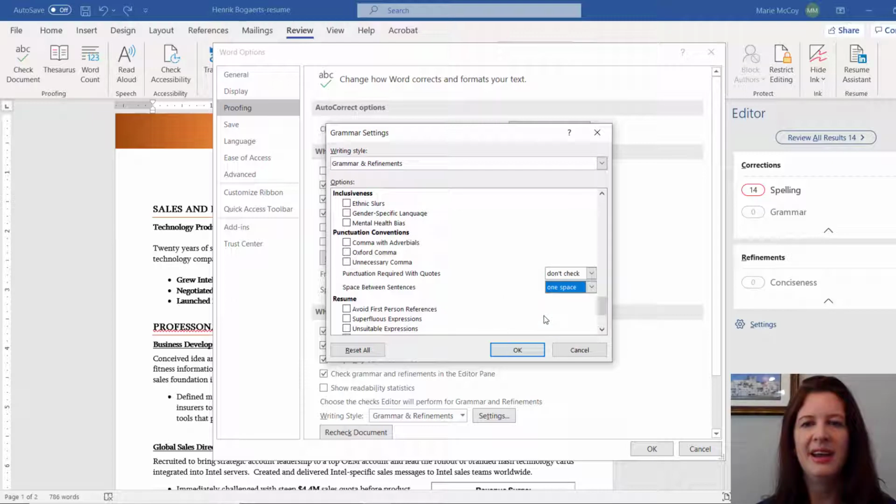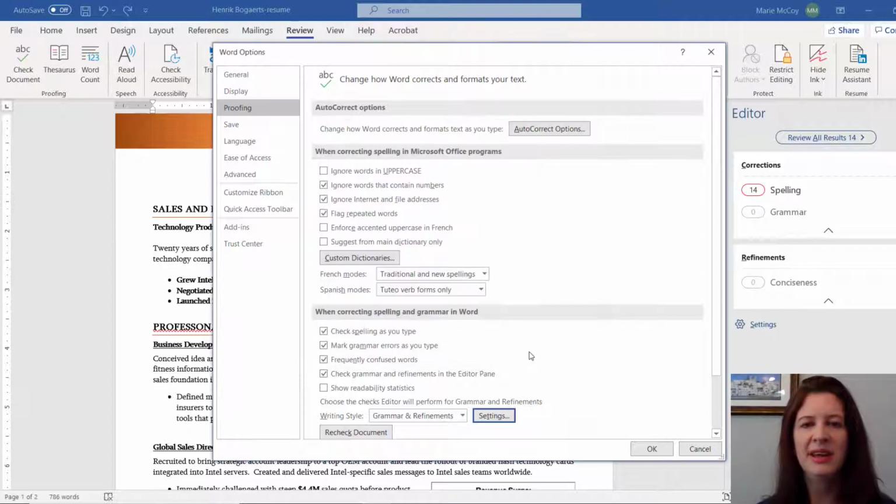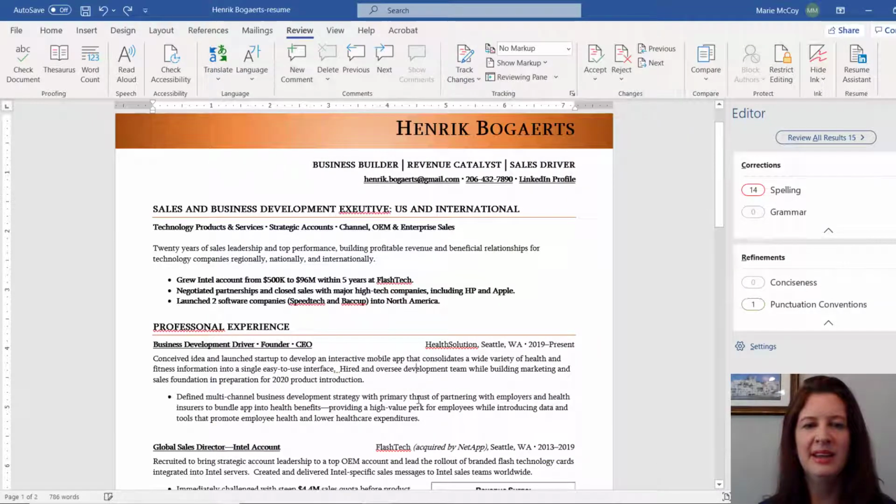And when we do that and we hit OK, and then we're going to hit OK again, you can see that it does underline those for us. So now when I am using my spell check or my grammar check, I'll see that, and you can see that there's a little tiny blue line under there to tell me that I've got 2 spaces there. The last way that you can fix that, and you can use this feature for a lot of other things,